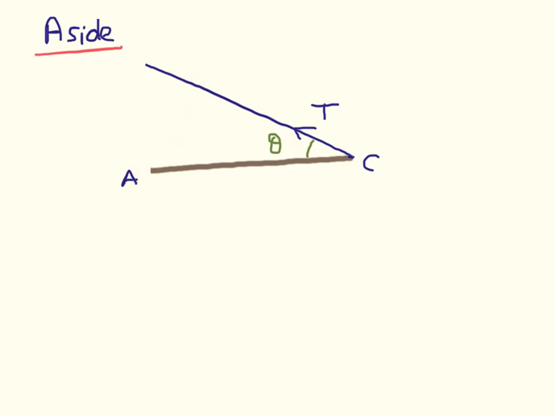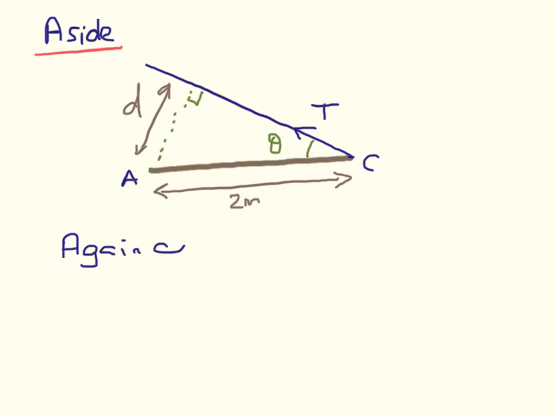So I'm just going to drop a perpendicular line here. This is at right angles, and this distance is d, which we can work out from trigonometry. The length of the rod, remember, is 2 meters, and what we can do is again calculate the moment of T